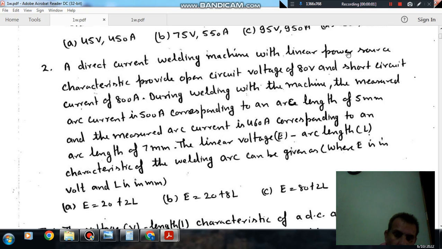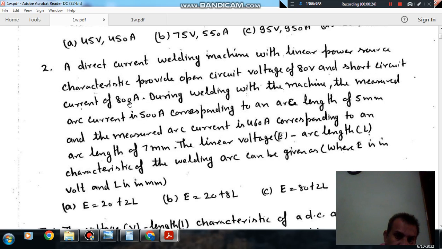Hello, welcome again. We are solving some questions of manufacturing science or production engineering. The topic is metal cutting. Question number 2: a direct current welding machine with linear power source characteristics provides open circuit voltage of 80